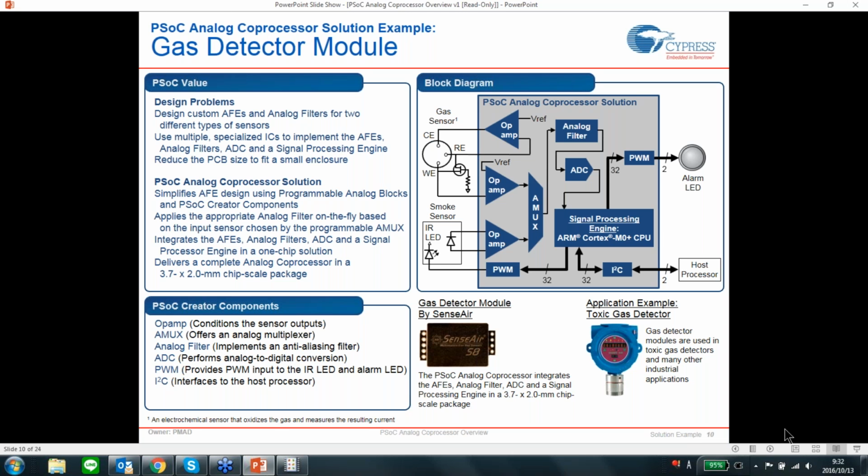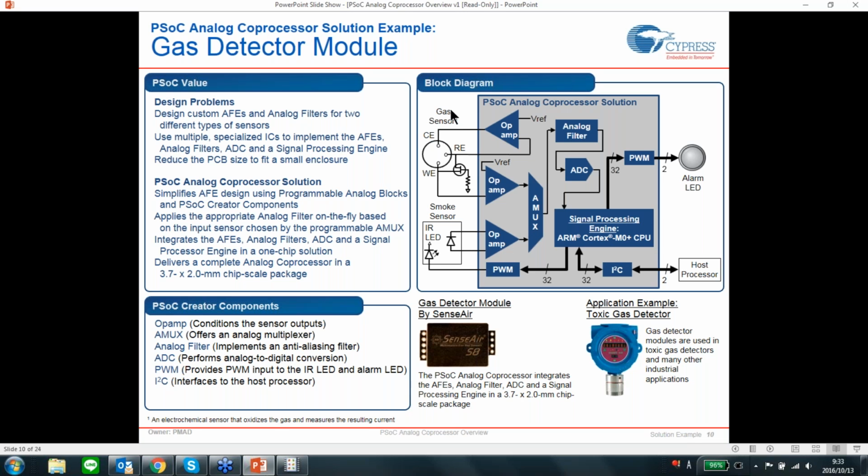And then in the next example, we have a gas detector. It is more of a smoke alarm example. So in your house, you have an LED which transmits a signal, and based on the smoke concentration, the photodiode over here receives a different signal. Here the op-amp is configured as a transimpedance amplifier, or TIA, which takes the current, amplifies it, passes it through a filter if I want to implement some particular filtering, then passes it to the ADC